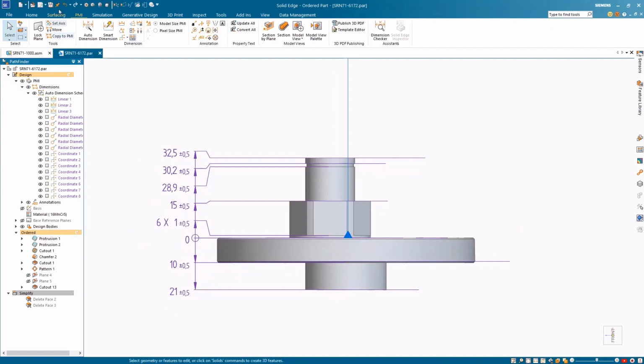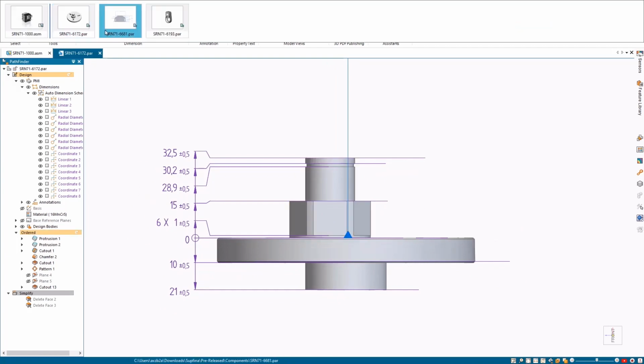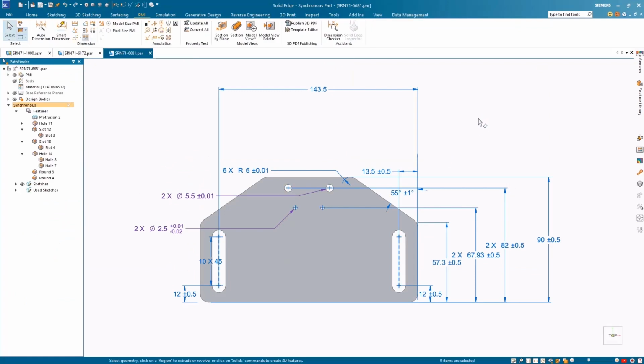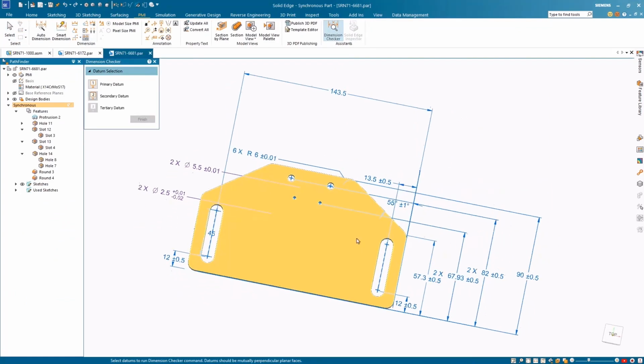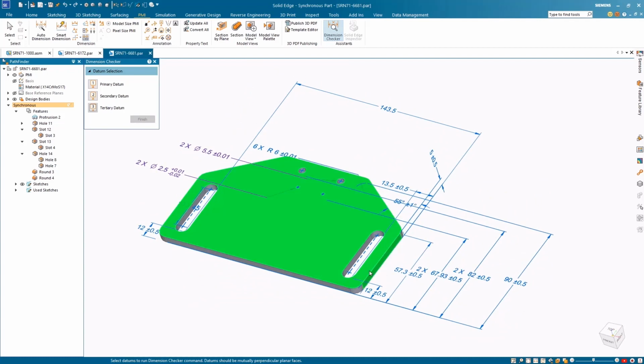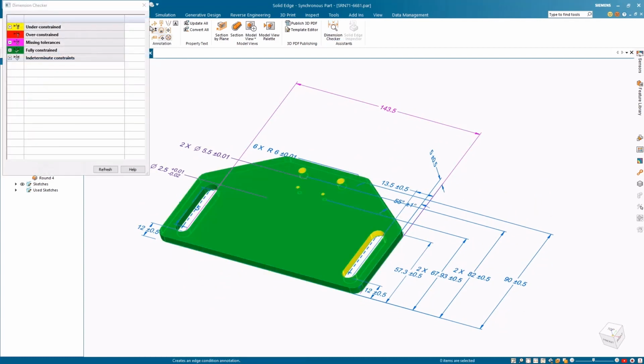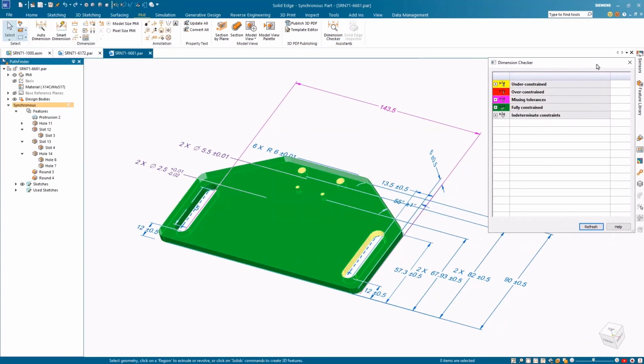Using the new Recent Documents preview will open another bracket that's been partially dimensioned. With the new Dimension Checker command, quickly and easily identify the constraint status of features and parts. The model is automatically color-coded with feature IDs, informing you of the constraint status of features and if they lack